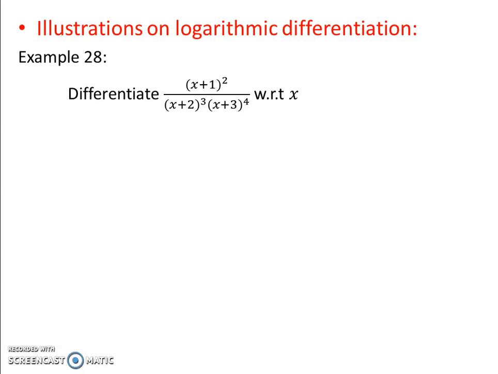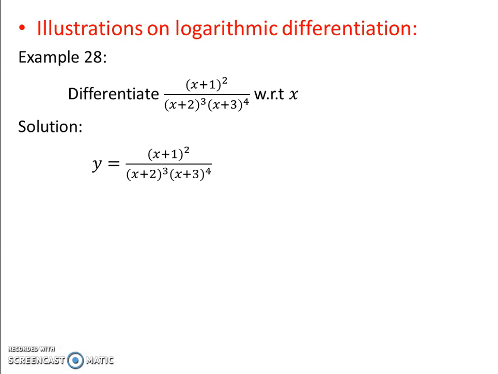If you observe this term, every term contains a power and also a quotient. To solve this using the U by V rule we can get the solution, but it is a very lengthy process. But if you apply the logarithm rule to this, we get a simplified term. We know that log of a upon b is log a minus log b, log of ab is log a plus log b, and log a raised to b is b log a.